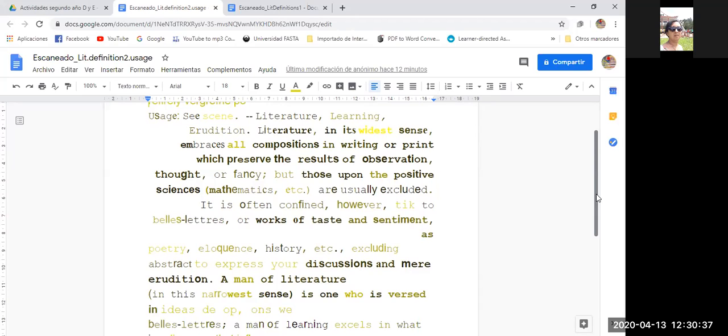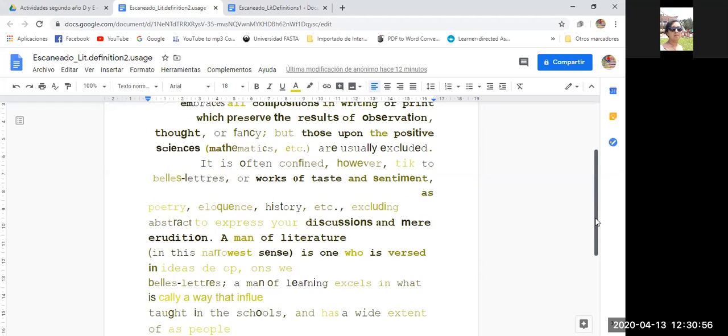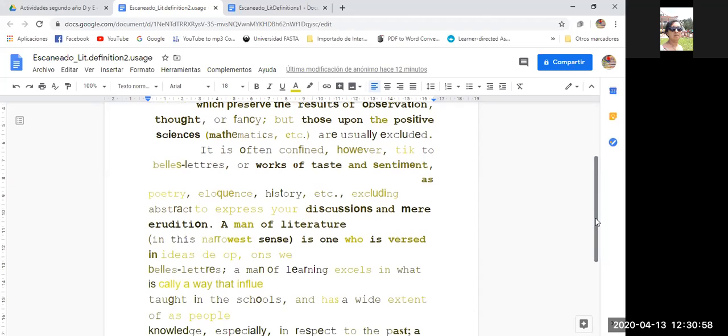When we refer to literature, we don't refer to these kinds of subjects, okay? It is often confined, however, to belles lettres or works of taste and sentiment, such as poetry, eloquence, history, etc., excluding abstract discussion and mere erudition.